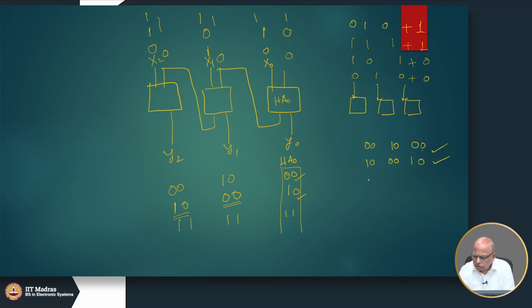The last one was 1 1 1 and 1, that resulted in a carry of 1 and a carry of 1. So, 3 of the 4 I have been able to apply. So, 0 0, 1 0 and 1 1. But are these sufficient? Okay. In our original circuit,